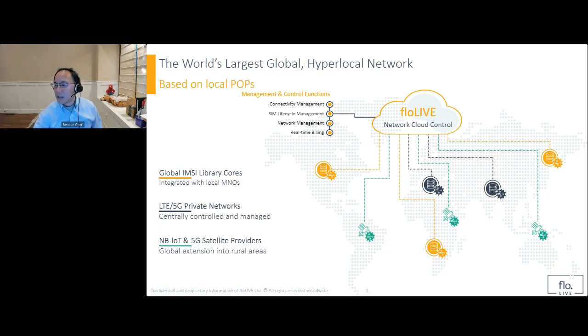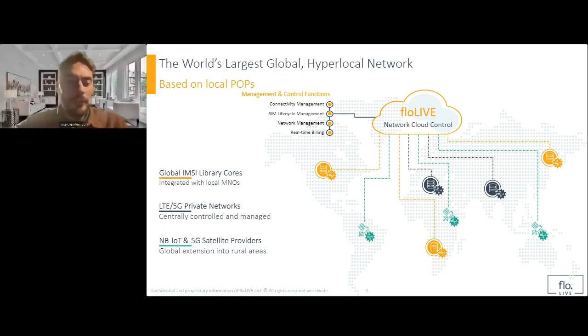And what we do at Live is we build the largest data network for what concerns cellular connectivity. Customers can connect to enable